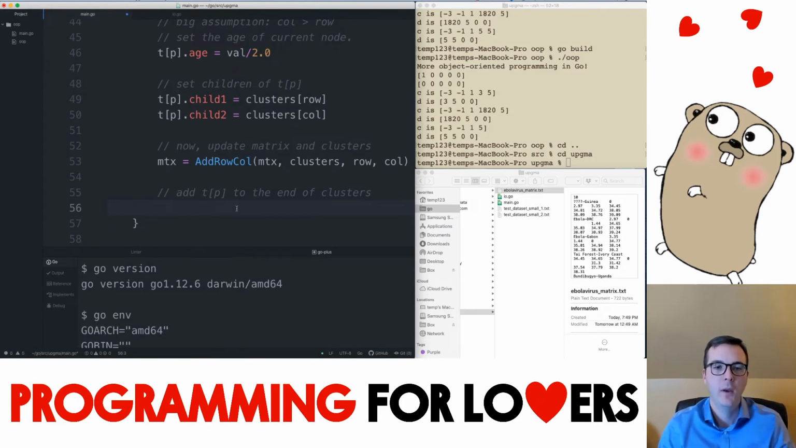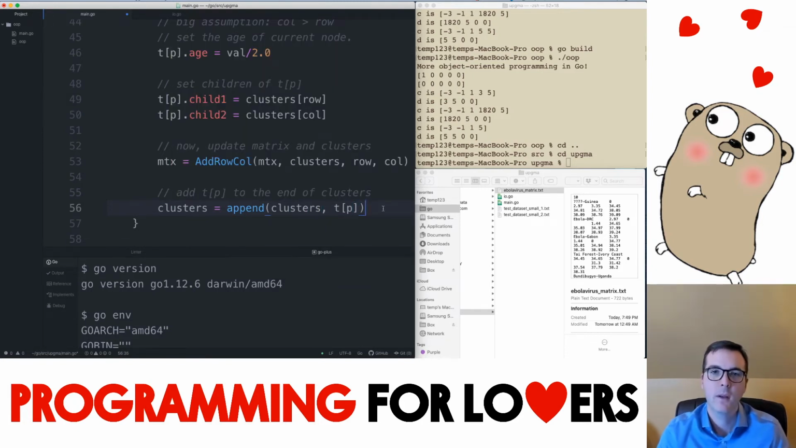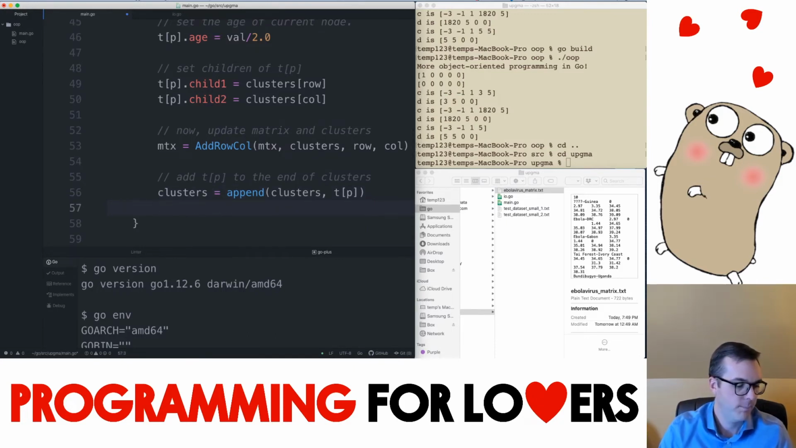And so if the matrix has n rows, then the clusters are going to start out with n elements. And so I'm going to add a row to the matrix. And what row does that matrix correspond to? It corresponds to that new node that I created. So I'm going to append to clusters T of P. T of P is what that new row of the matrix is. It's the row that corresponds to that new cluster that I created. And now